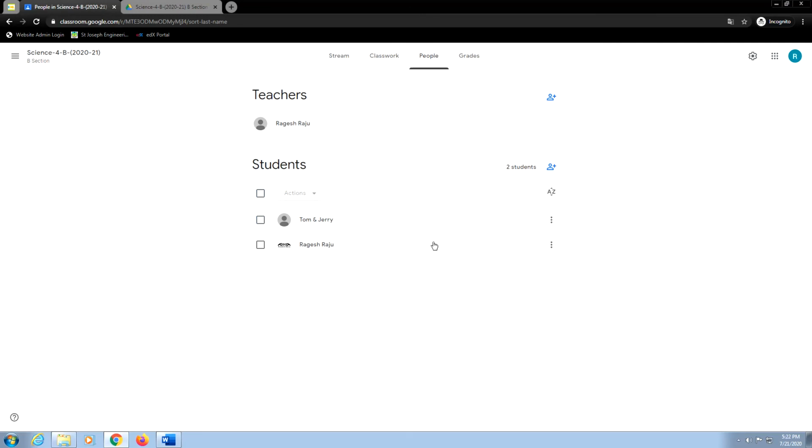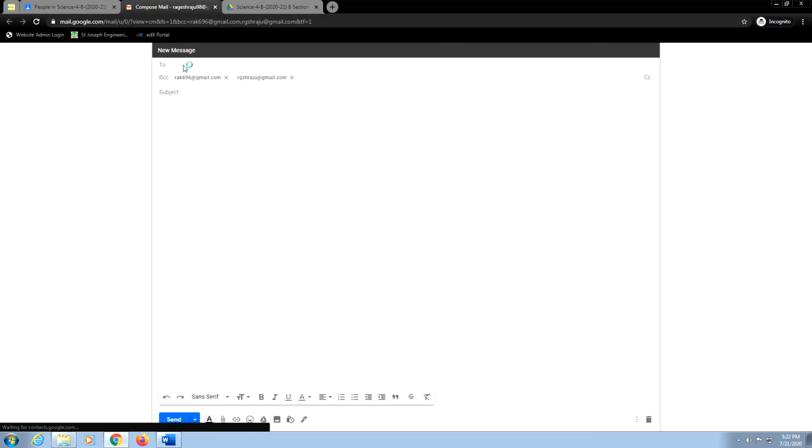If I want to send email to multiple students also, that can be done. I can select both of the students, I go to actions, I click on email. So here also the same thing happens, but you can see the difference. In the previous case, when you send an email to a single student, it comes directly in the To address. But in this case, when you select multiple students and put them in BCC, what happens is each student will get his own personalized copy, because he will not come to know to whom all the teacher has sent a message.